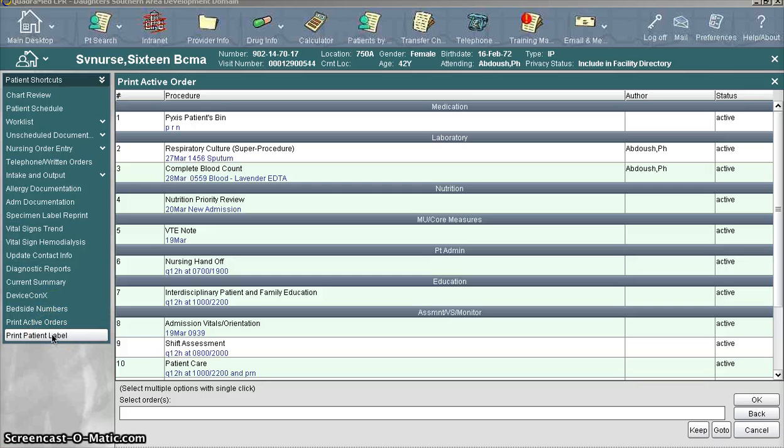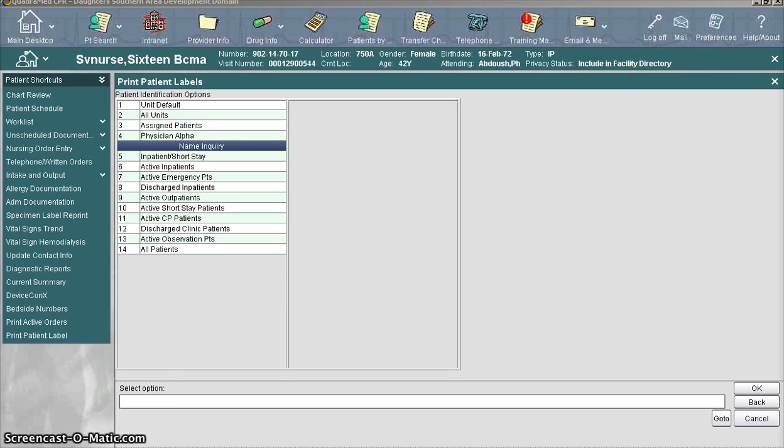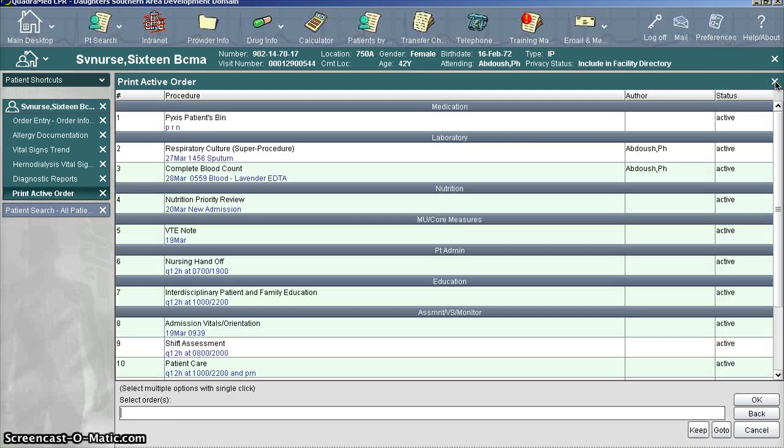Second, print patient label. You would do that to print a patient label, and you would use those labels to either sticker an addressograph, sticker a specimen that's been collected, or identify anything that might belong to a patient when you send it to the lab. And lastly, bedside numbers is something I will not go into any detail, as this one, like Device Connects, is used in the ICU. As I X out of this, and I'll X out of this,